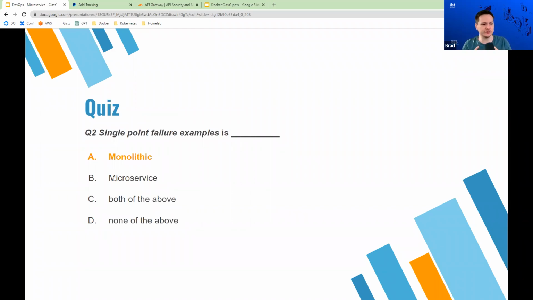With microservices, if a single microservice crashes, most likely the rest of the application is okay, right? But there are certain microservices that lots of different microservices talk to, and it can sort of become a single point of failure. So I would say A is the more correct answer, but C does sort of make sense as well.